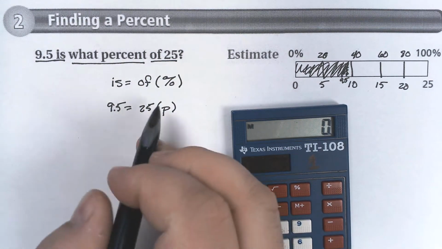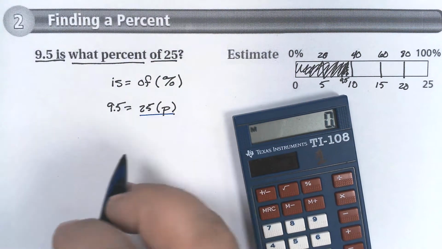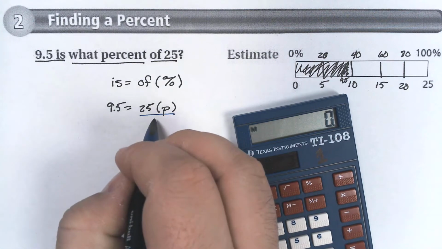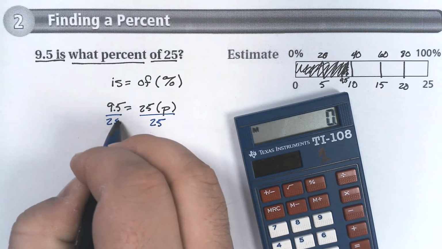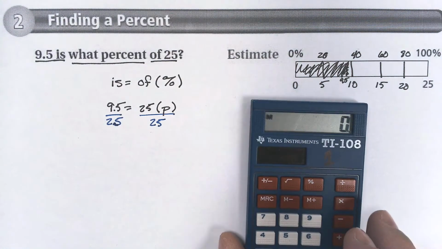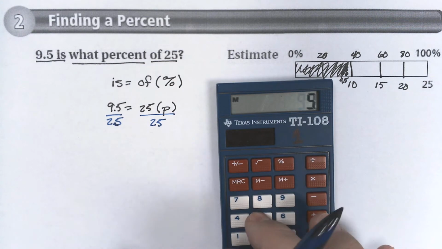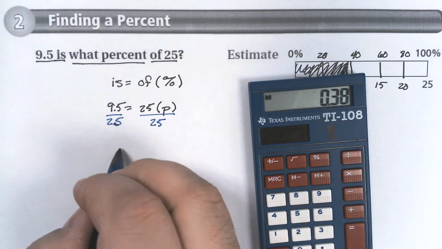And if we go back and we remember, I want to get P by itself. So the way that I do that is I look at the operation that is happening and I do the opposite. Multiplication is happening, so I do the opposite. So I divide. I use the number, in this case the coefficient, 25, but I have to do that to both sides. So now I'm dividing by 25 on both sides, and I can use my calculator. 9.5 divided by 25 equals 0.38